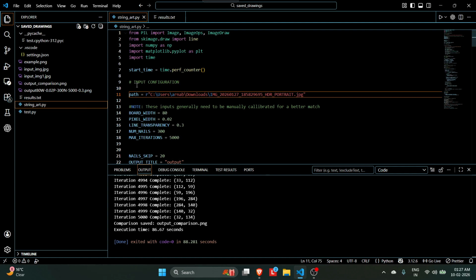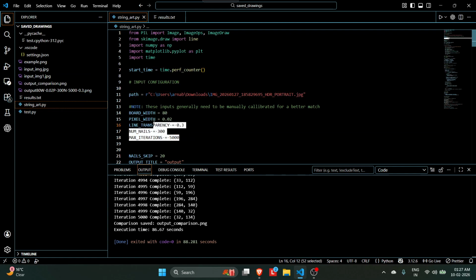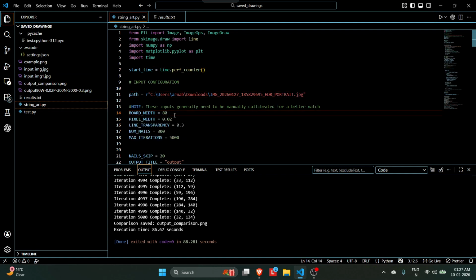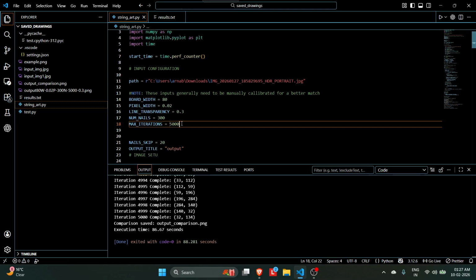file. This is the main program. These are the values which are needed for this. I calibrated these as per my needs. I can also change these. Like if I do 50,